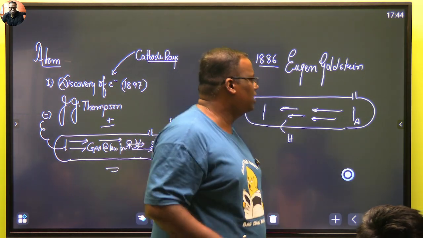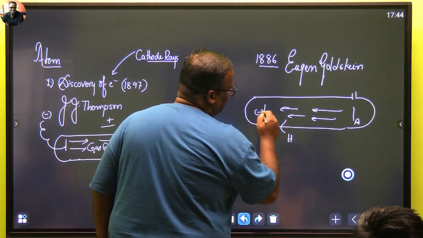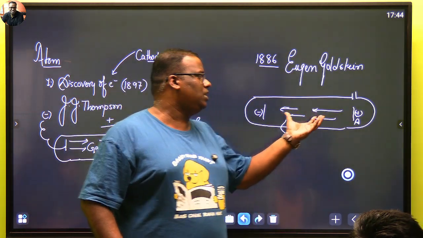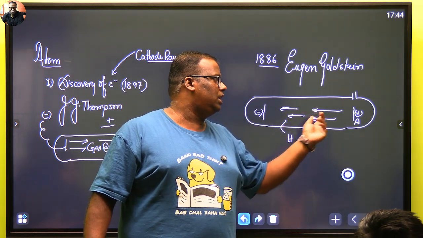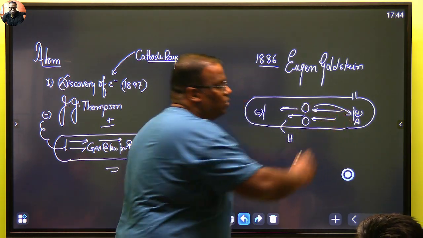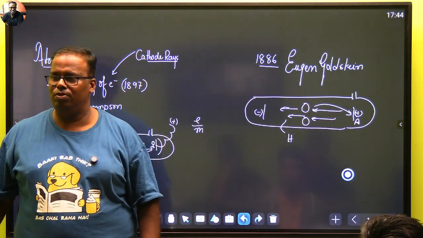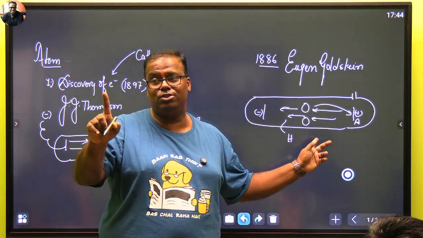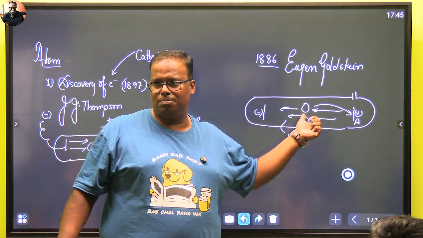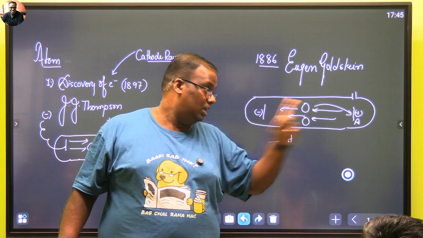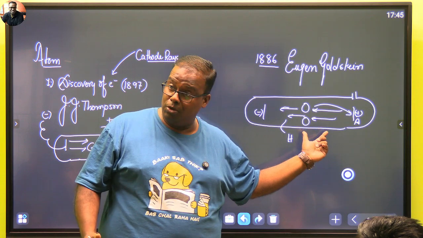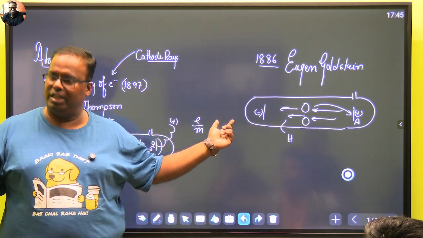Okay, actually anode ray होता क्या है देखो, ये आपका negative side है और ये आपका positive side है. Now whenever you are putting high voltage out here, all the electrons of that particular atom, यहाँ पे जो atom है ना, the atom's electron is getting sucked on this side. So what are you left with? If it is hydrogen, hydrogen has only one electron and one proton. Children, these are not in grade 9 syllabus. I'm saying it for your interest. There's a hydrogen atom. It has one electron, one proton. The electron is pulled by the positive plate. So what you have now is a proton. Proton gets pulled by the negative side.